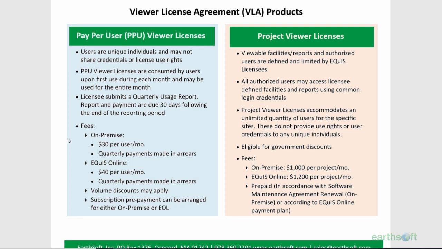Government discounting has a 25% discount on that, so you would start at $22.50 for the on-premise versions, which most of our government accounts are. The EQuIS Online accounts are $40 licensing, which for government discounts are $30 per month, and then they go down based on volume, up to 60% discount for volume over